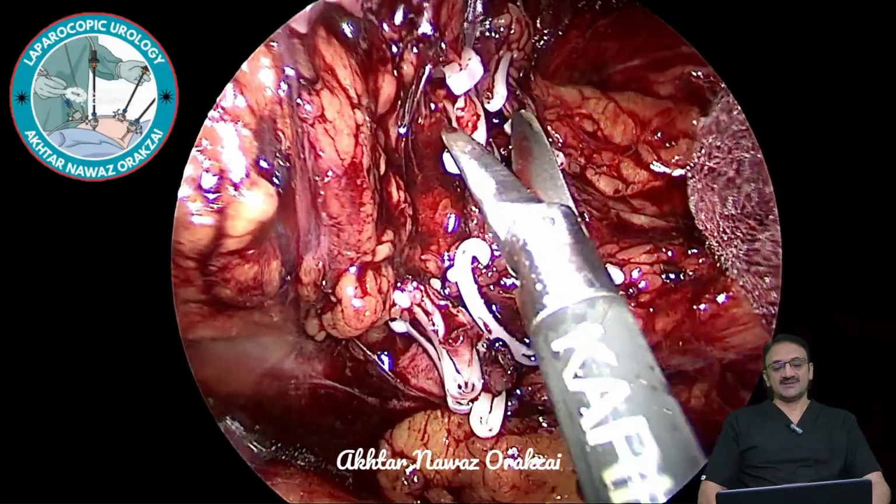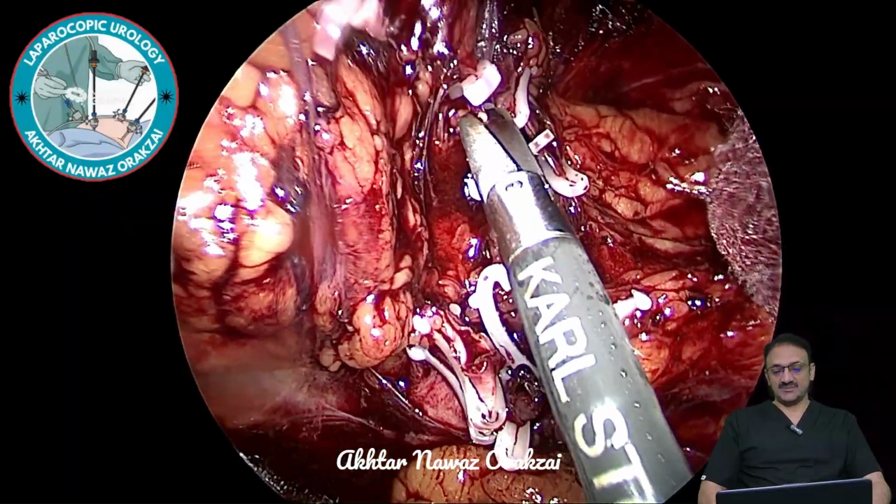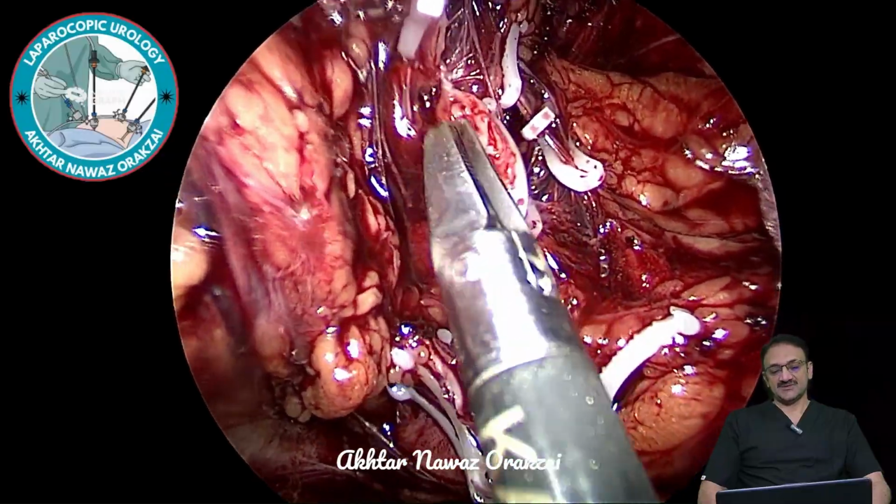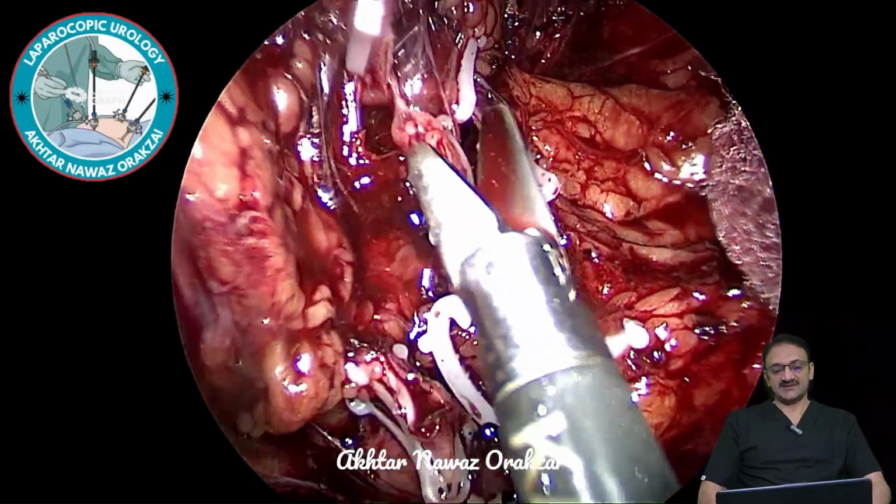and then nephrectomy will be completed by dissecting the upper pole, the lateral surface, and then clipping and ligating